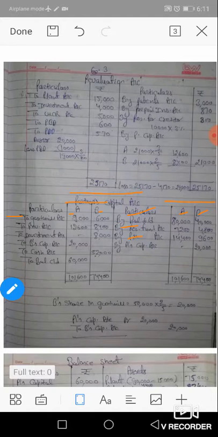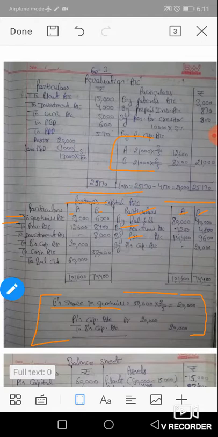Now come to next, balance of revaluation account, which is a loss, transferred to partners capital account debit side: to revaluation 12,600 and 8,400. Okay, come to next, other information. In other information, point number 1 is related to goodwill. The value of goodwill is 50,000. So first of all we will calculate B's share in total goodwill. Total goodwill is 50,000.